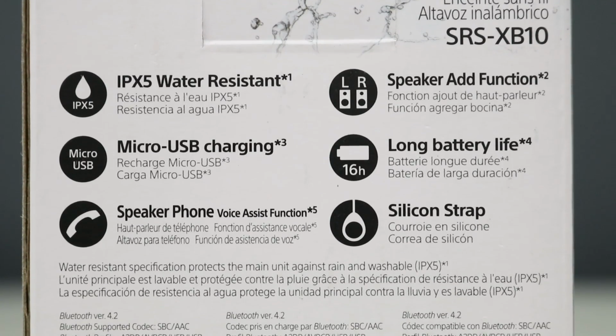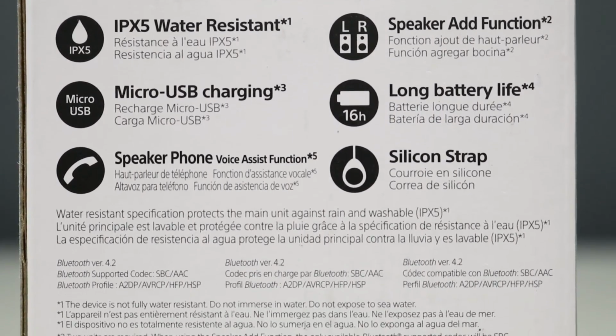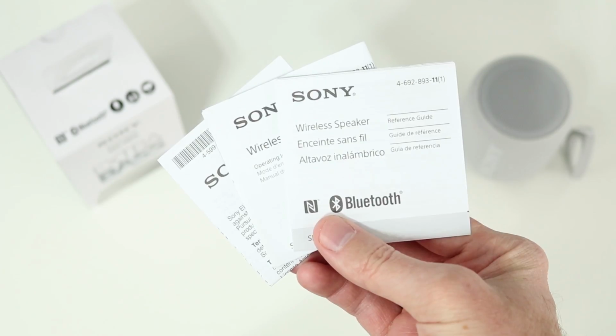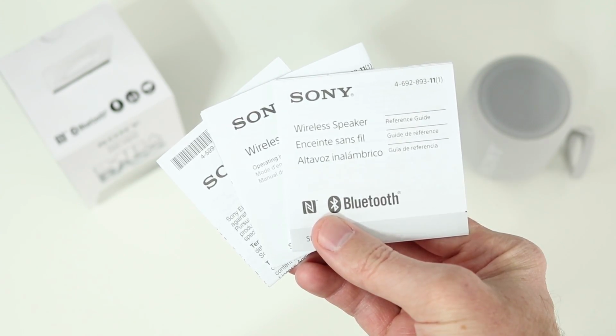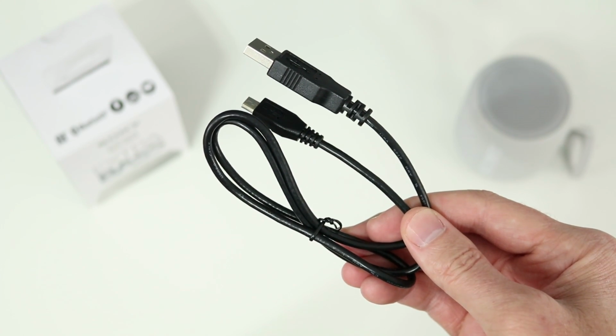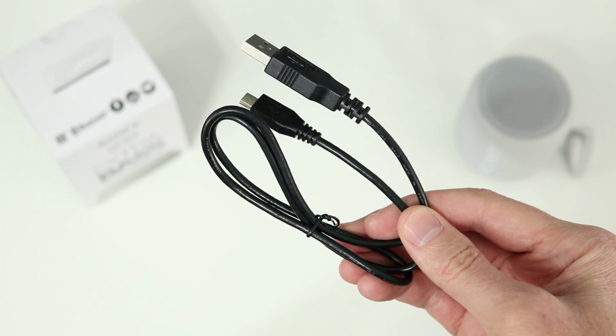So let's take a look at the design and some of the features, and I'll have some sound samples later so you can get an idea of what it sounds like. Inside of the box, you'll get the very compact speaker, some documentation, there's a reference guide, instructions, and warranty info. You also get a micro USB cable to charge. There's no wall adapter, so you'll need to use your phone charger or something with a USB port to charge